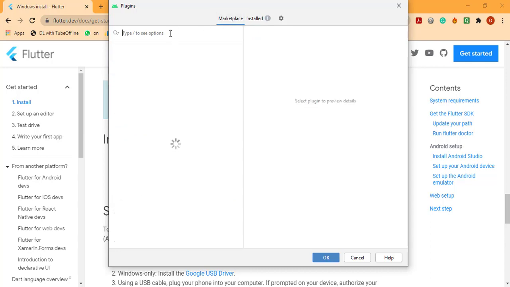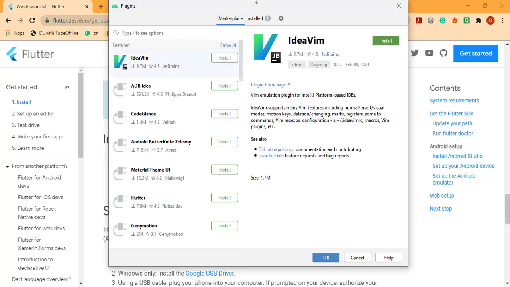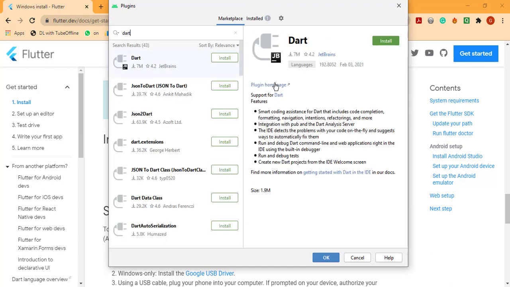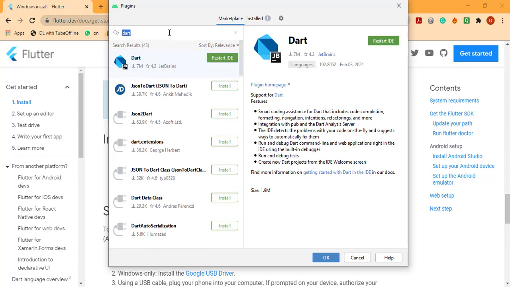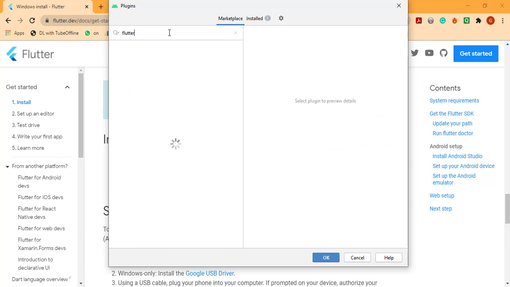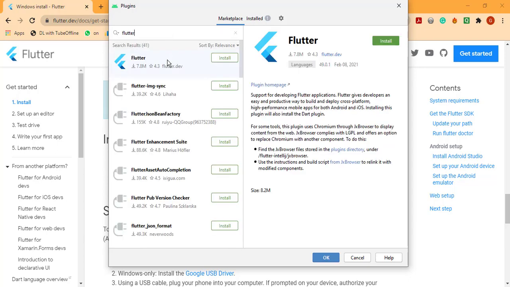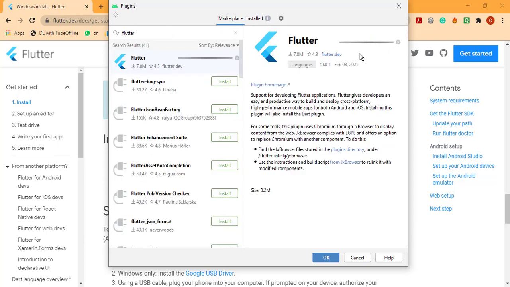After going to the Marketplace option, search here for Dart. Yeah, you will see this, and please install it. And the second is the Flutter plugin. After installing these two, one Dart and one Flutter,